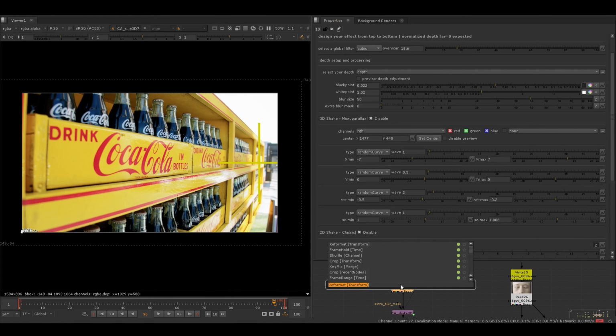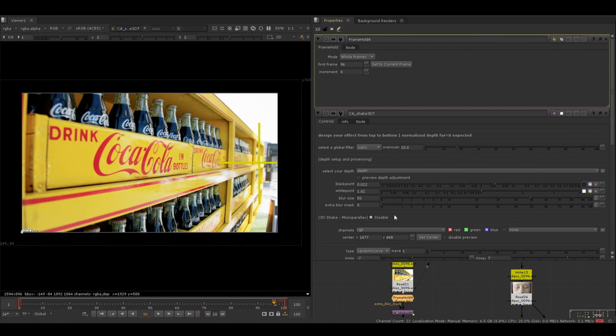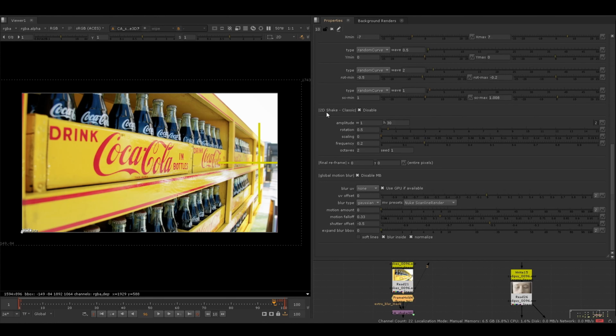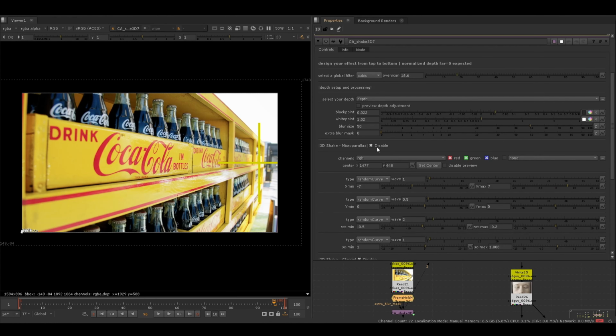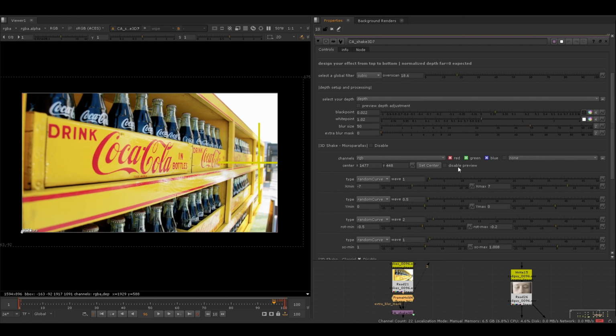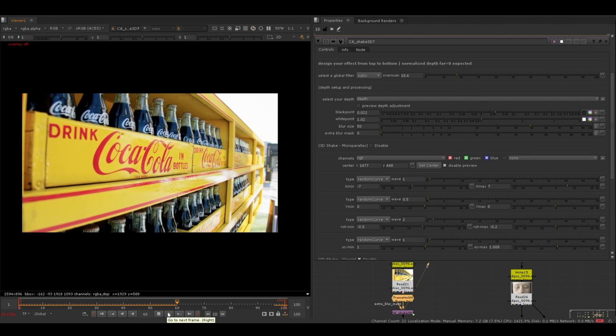So let me drop a frame hold here, and with the motion blur and 2D shake disabled, let's only preview the microparallax effect, and let's give it a second to update. So you can clearly see what's going on. The anchor is set on the background, which is going to cause the effect to be more prominent in the foreground. So this is similar to what I was showing you about the helicopter and plane shots,